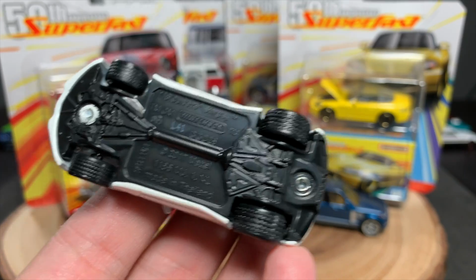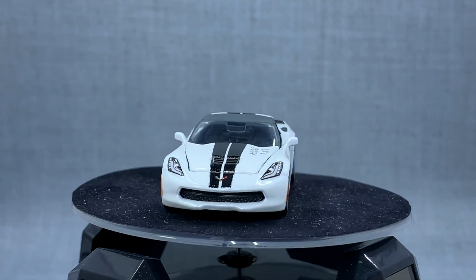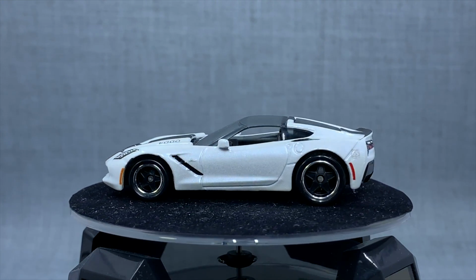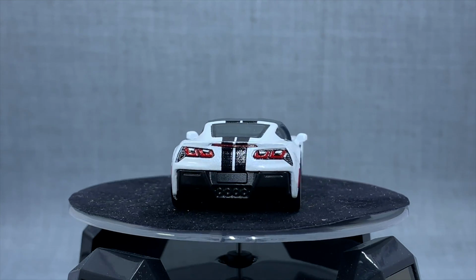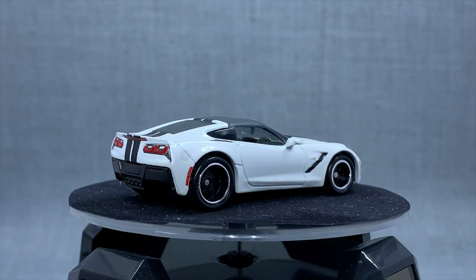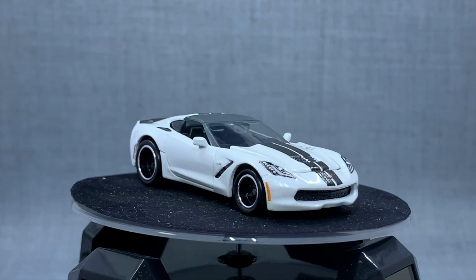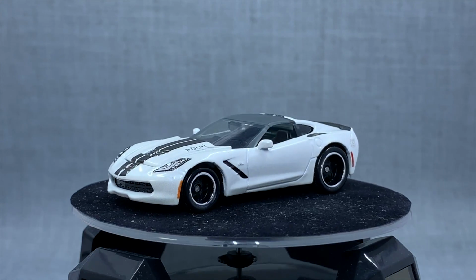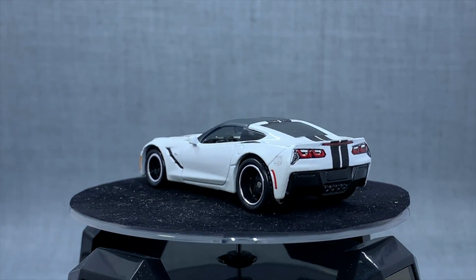2016 Corvette Stingray. Many of you have said, hey, that Corvette that Matchbox has done is cool, but can you do one that's not a police car? And so they did. This one is based on the same casting. This one is the Stingray, except no light bar on the top. This is a stock Corvette. And check it out. It looks really cool in white. It has actual Hot Wheels Real Riders on it, which they've done occasionally. And once again,